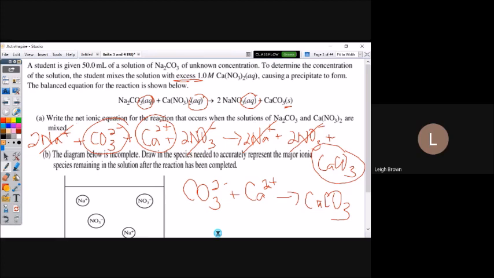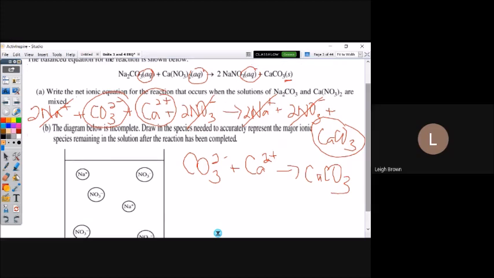Just be really careful. Once you write your final answer, look at it. Does every element balance on both sides of the reaction, and do the charges balance? Because notice my reactants, total charge -2 plus +2 is 0, and my product has no overall charge. That means it's balanced for elements, and now I can confirm it's also balanced for charge. This is only going to be worth 1 point, so you don't want to miss that 1 point. Okay, let me scroll down. So that would be my answer that I wrote next to the beaker.